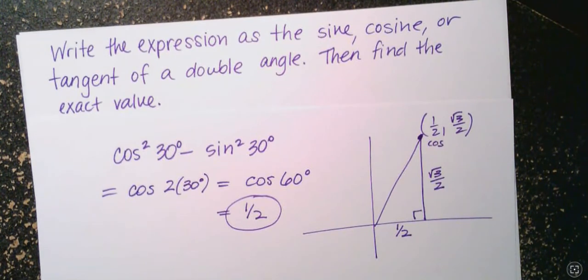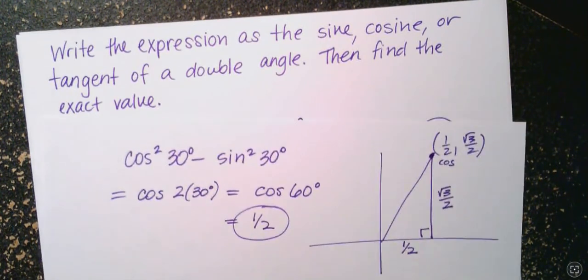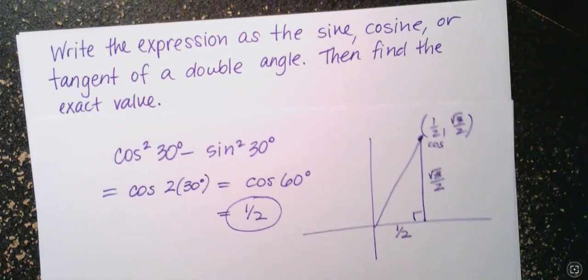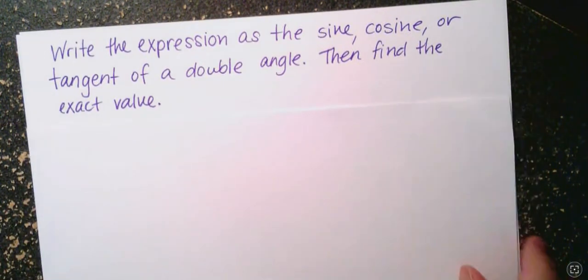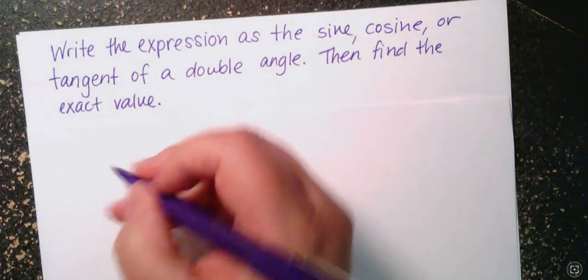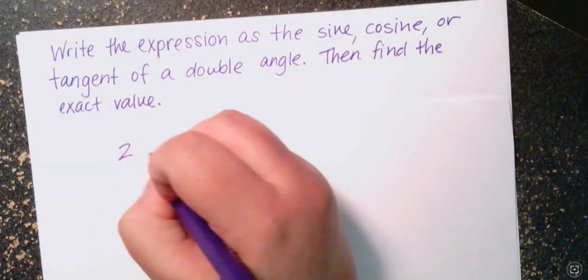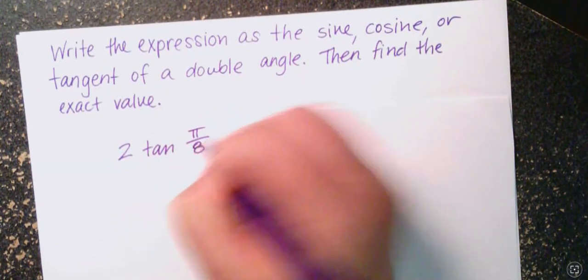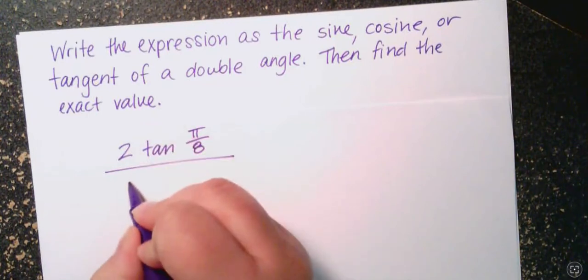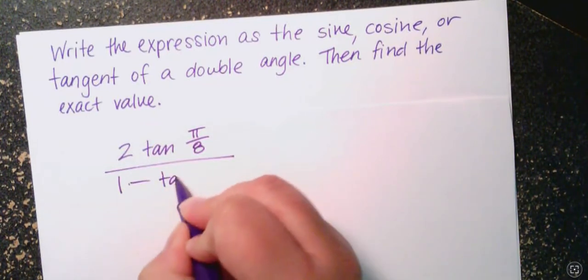All right, last one like this, and that's also the last problem we're going to do on this video. It looks a little bit yuckier, but really when you're doing them this way, where you're starting with the more complicated side of the identity, as soon as you recognize that it goes with a particular identity, you can make it easier pretty quick. You can make it a simpler situation. So here, I'm having to recognize